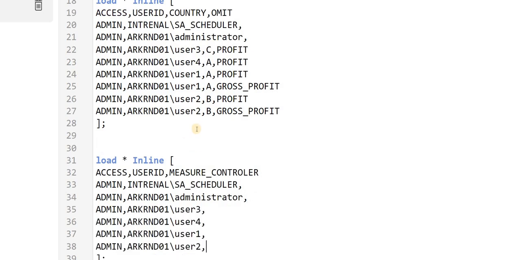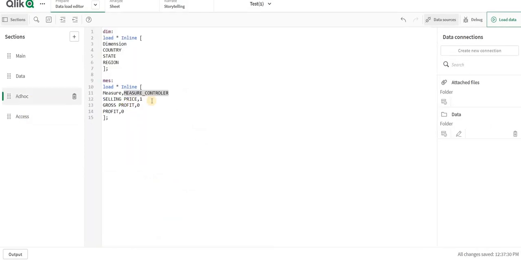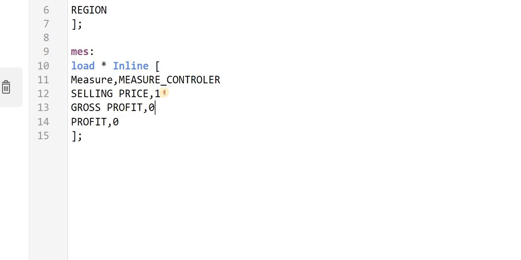Let's add those users, and user 3, 4, 2 and 1 are over here. And as per my ad hoc report, as you can see, it's 1 and 0. So